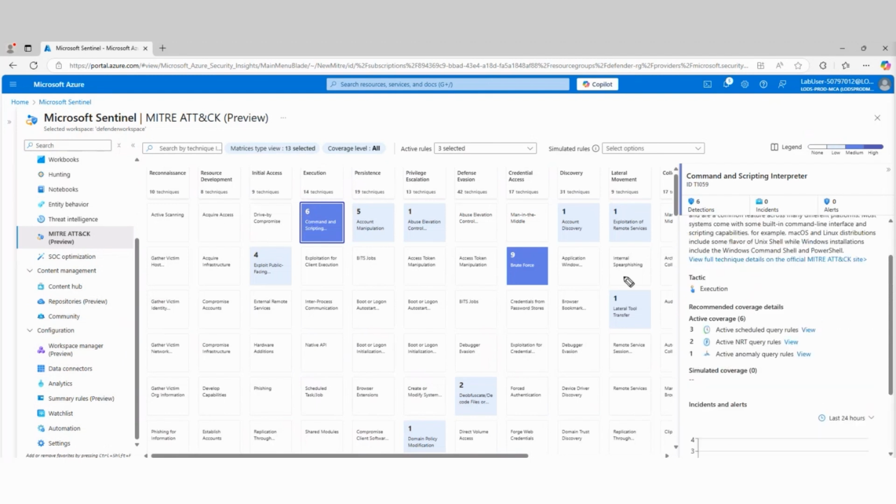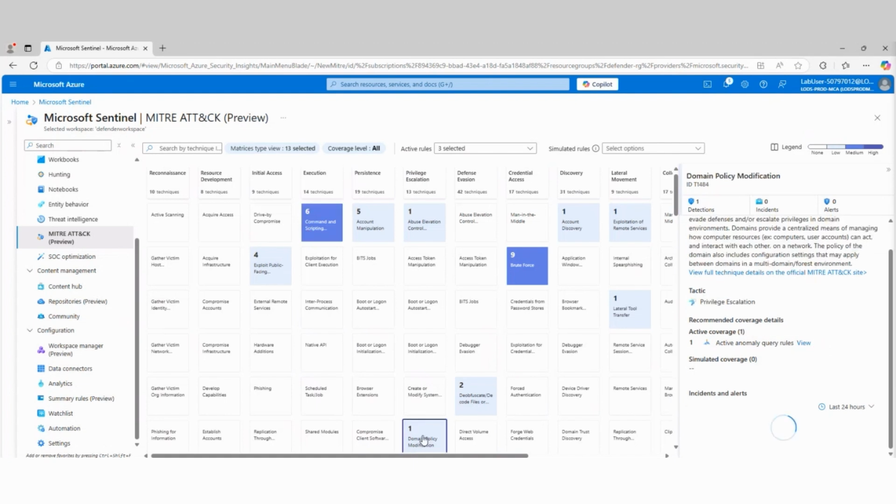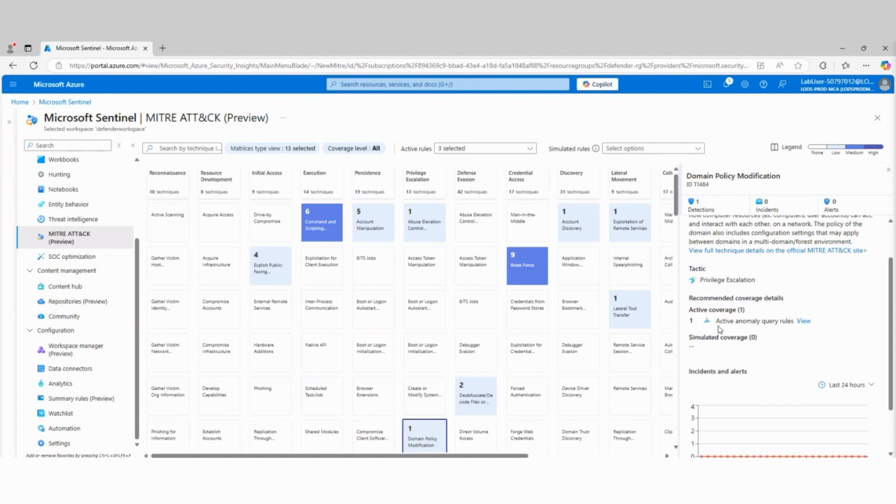So it's telling me that I've got 3 query rules that are running on a schedule, 2 near real-time rules, and an anomaly rule that can be used to detect this attack. If I look at domain policy modification, there's one thing I currently have configured, which is an anomaly detection rule that looks for that.